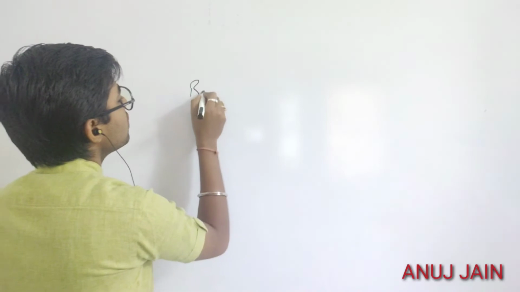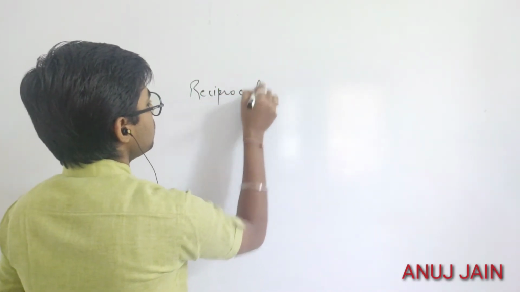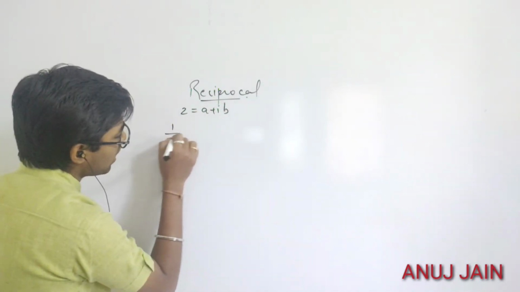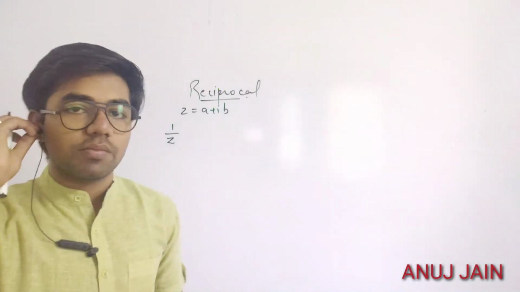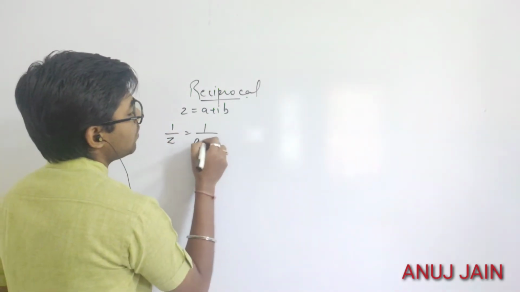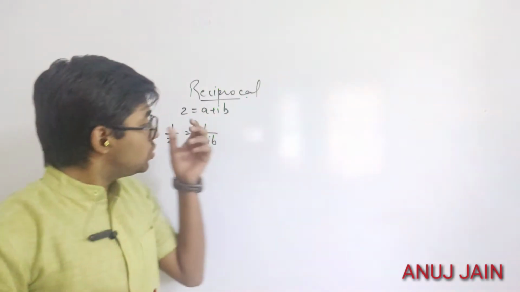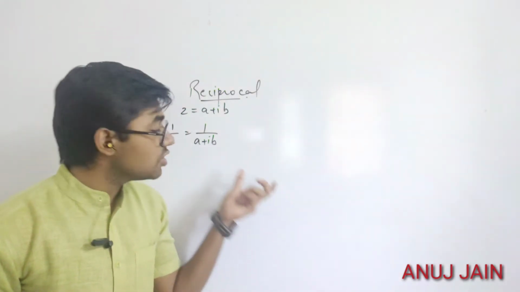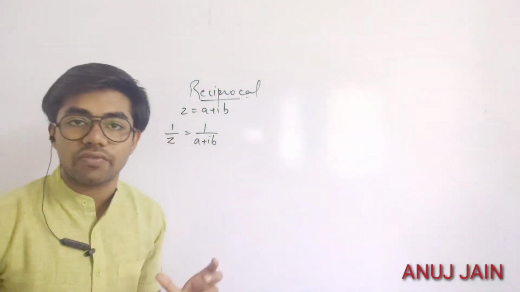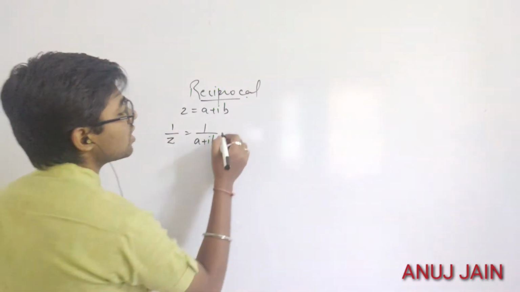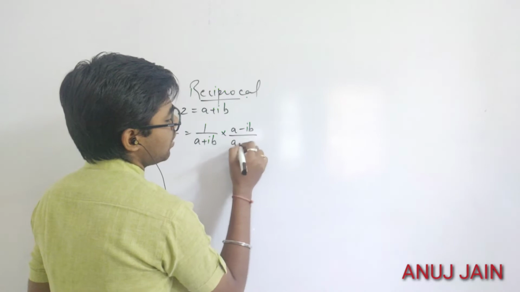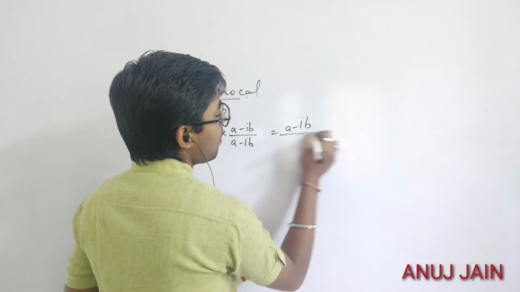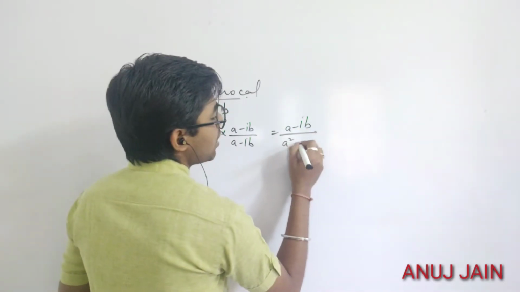So we have to see what is reciprocal. So if z is equal to a plus ib, then 1 by z is known as reciprocal of complex number z, and it is equal to 1 by a plus ib. Now, the process which I will do here, उसी को आप यूज करते हैं जब भी आपको किसी भी कॉम्प्लेक्स नंबर का रेसिप्रोकल फाइंड करना होता है। Okay, so what you do is just multiply by a minus ib. So what you will get is a minus ib upon a square plus b square.